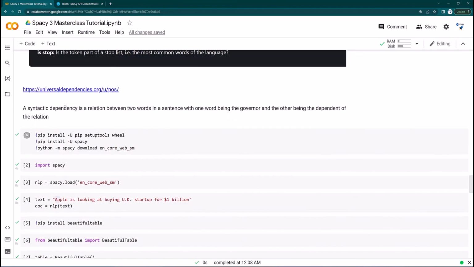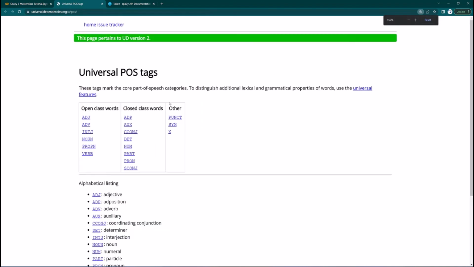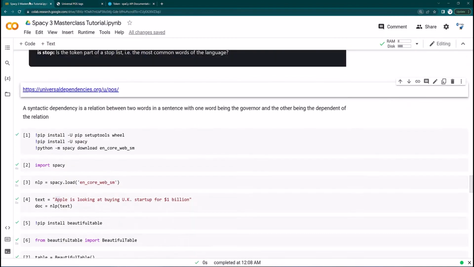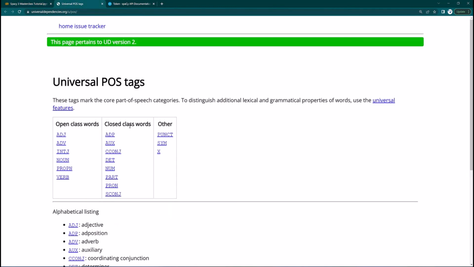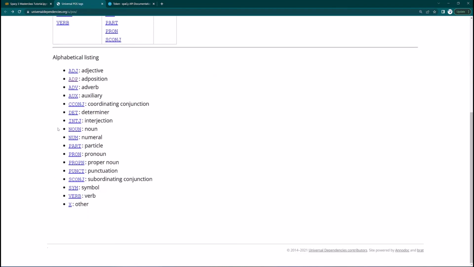You can get these names from here, Universal Dependencies POS. You just need to open this link from here. You get all those values which we are missing here, right? I think it was ADP, that is here, this one, right? You can get it there. ADP is a cover term for prepositions and postpositions. All right, although if you want to know the shorter format, you can just get it from here, the actual name of the shorter format is here. This is proper noun,